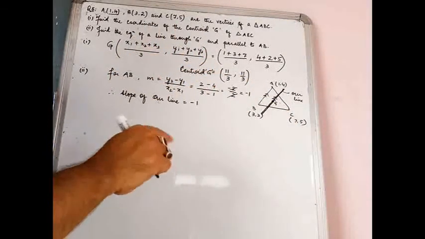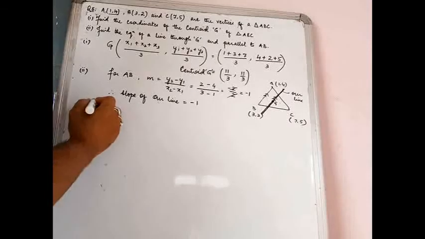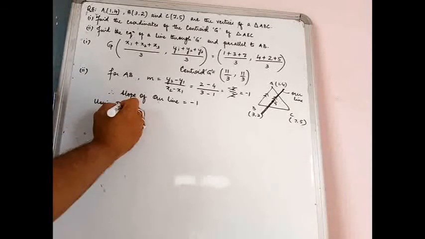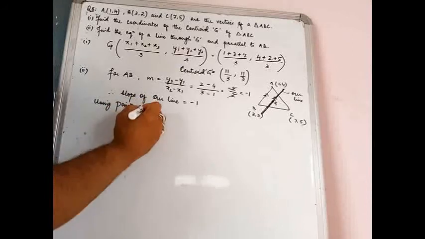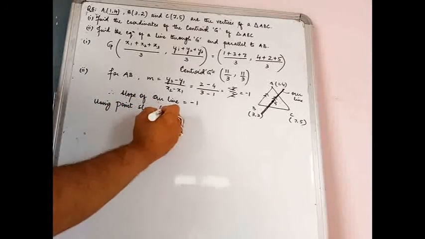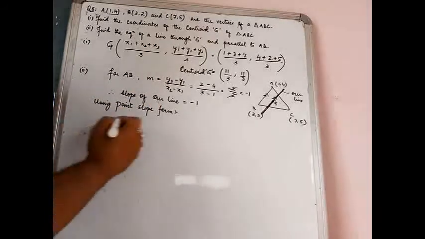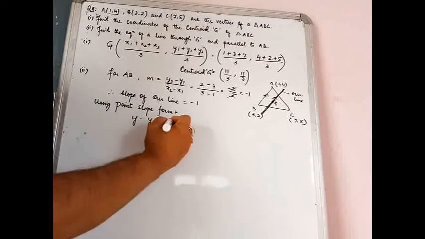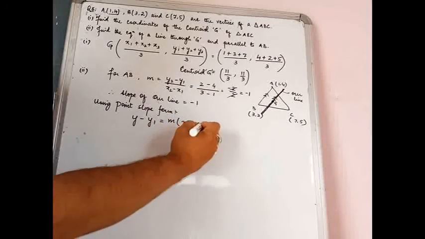So can we apply the point slope form? Yes. So using, once again, the point slope form, you can write y minus y1 equal to m x minus